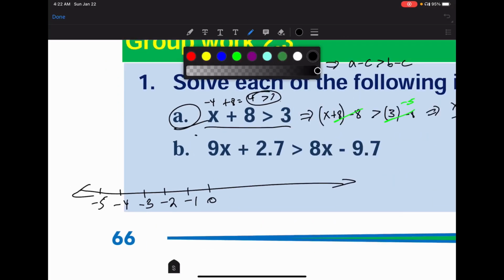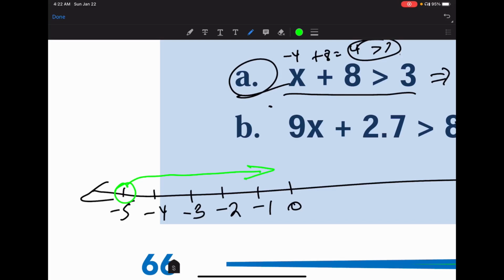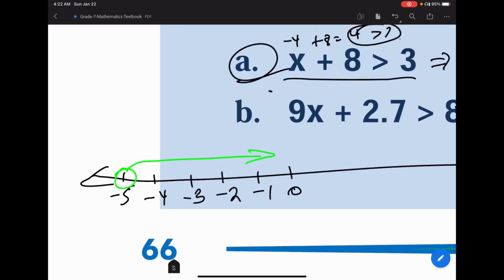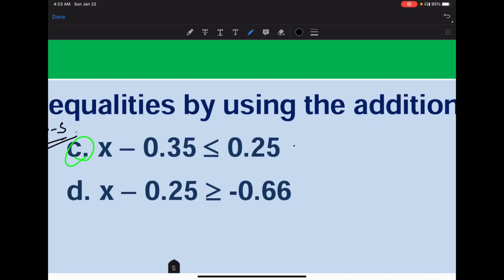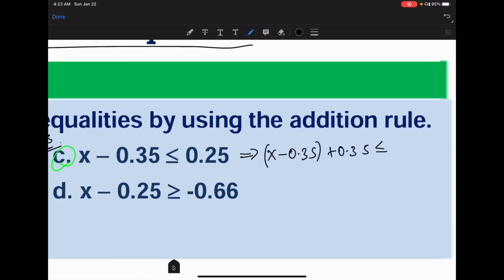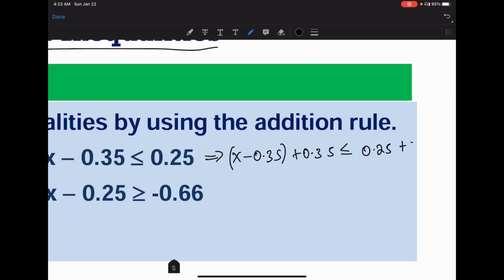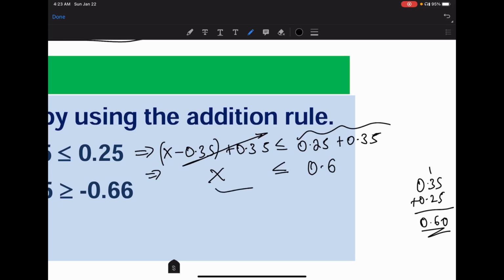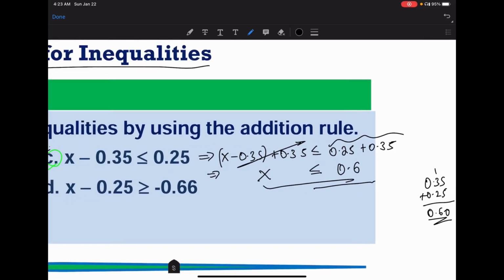እንግዲህ ትዝ ካላችሁ ናምበር ላይን ላይ ኔጌቲቭ 5 ን ሳያጠቃልል ከኔጌቲቭ 5 ጀምሮ ያሉት ቁጥሮች ሳቲስፋይ ያደርጋሉ ይሄንን ኢኒኳሊቲ። C ላይ ደግሞ ምንድነው የምናደርገው? አሁን both sides add ነው የምናደርገው፣ ቅድም subtract ነበር ያደረግነው፣ አሁን ደግሞ both sides add እናደርጋለን። x minus 0.35 plus 0.35 is less than or equal to 0.25 plus 0.35 ማለት ነው። ከዛ negative 0.35 በፖዚቲቭ 0.35 ይጠፋል፣ x will be less than or equal to 0.6 ማለት ነው።